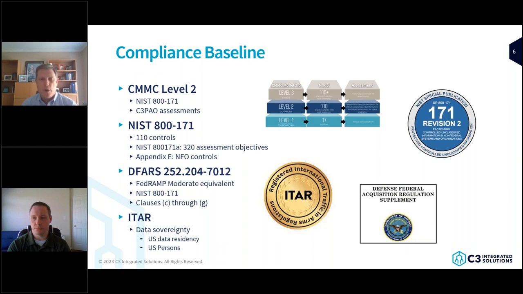NIST 800-171 is the reference point, and the control piece from CMMC Level 2 is, of course, the third-party assessments, where a third party will come in and do an actual assessment to see if you are compliant and doing everything you say you're doing to be compliant. Now, when we talk about NIST 800-171, it is about 110 controls that really cover a wide range of